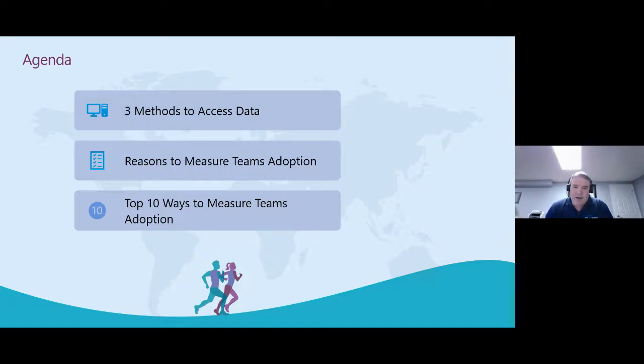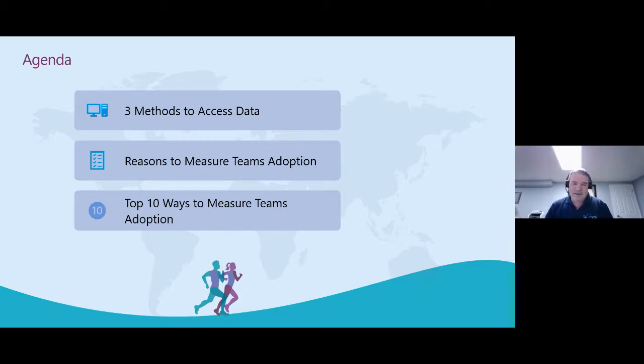So the first thing I'm going to talk about are the 3 different ways of accessing the Microsoft data, specifically around Teams. Now, of course, you can get all of Office 365 data via these methods, but we'll focus specifically on Teams. The second thing I'm going to do is talk about the reasons to measure data, and this, as part of the talk, will become very self-evident.